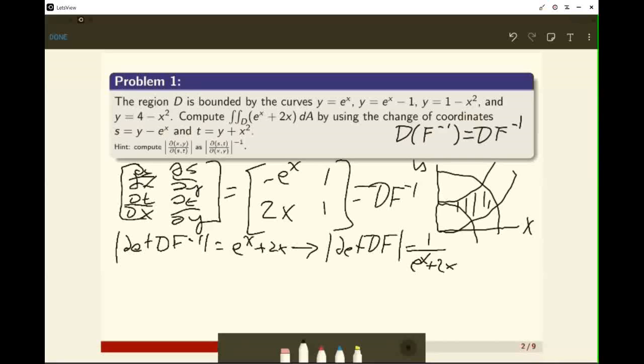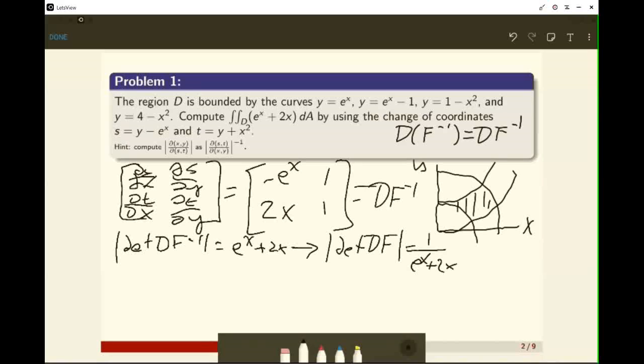Now, what we would want is for this to be written in terms of s and t, and if we were able to figure out what x was in terms of s and t, we'd be able to write this the way we wanted it, so that ultimately we could do this integral in terms of s and t, where those are our only variables. Here, that's going to be very difficult, but if we write out the whole integral that we're trying to compute first, we can see that it's not actually going to be necessary for us to figure out what this looks like explicitly in terms of s and t,